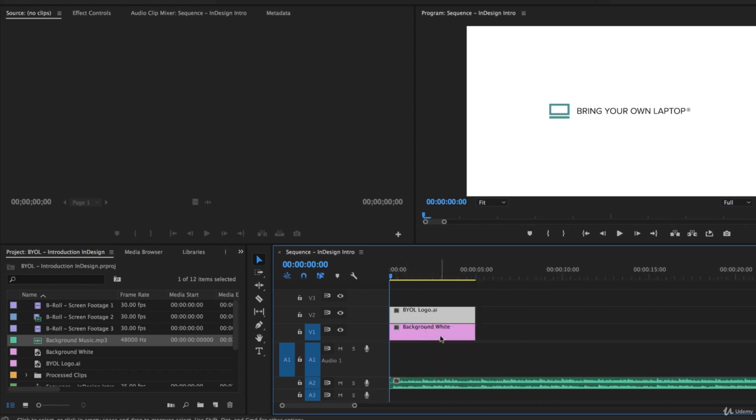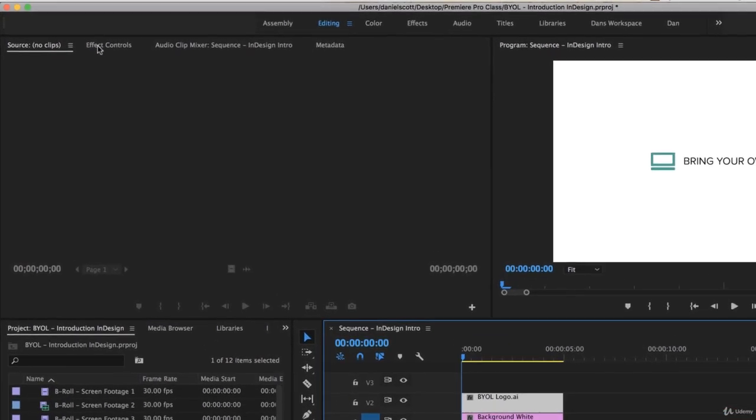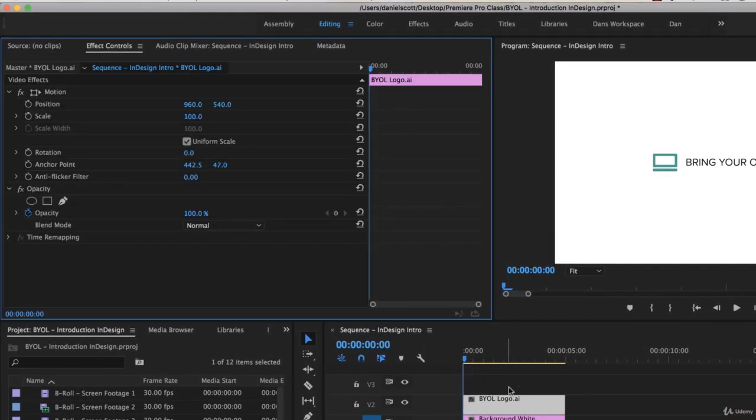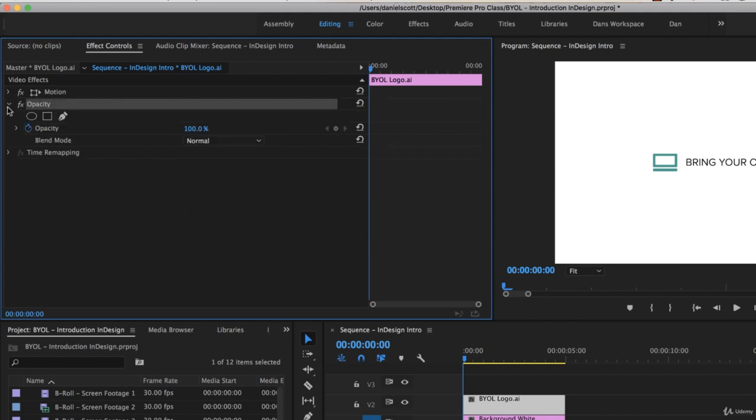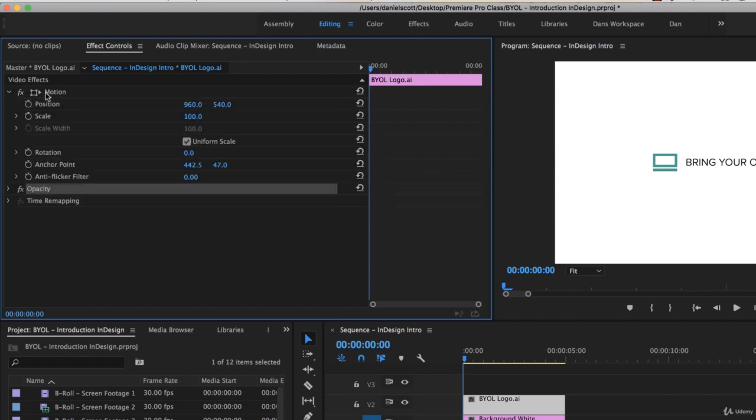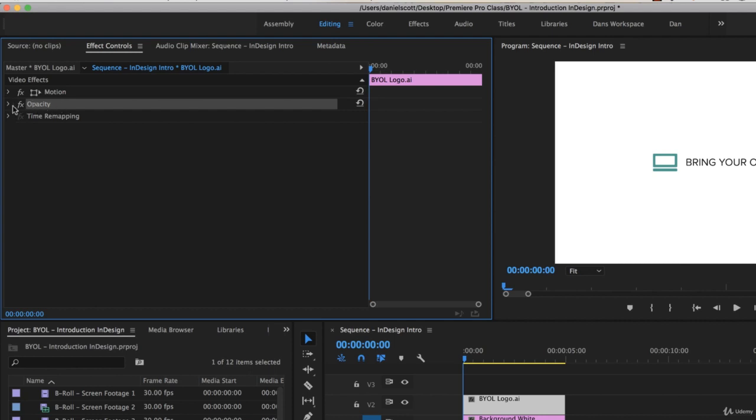So I want to animate the logo, obviously not the white background. So with that selected, we're going to switch up the top here to Effects Controls. Okay, and with it selected, you can see, we kind of looked at this earlier on. We've got motion and opacity. Yours might be twirled up like that. So hit this little arrow here for motion. You can see there's scale and position, which we'll do in a second, but this one we want opacity, so